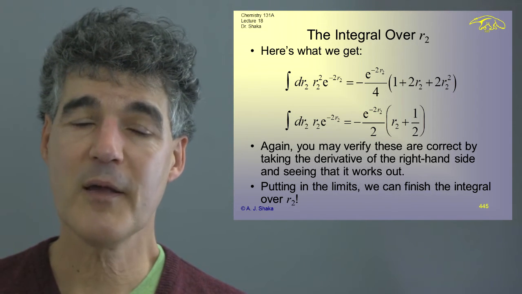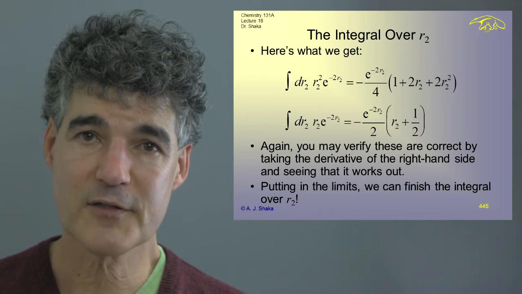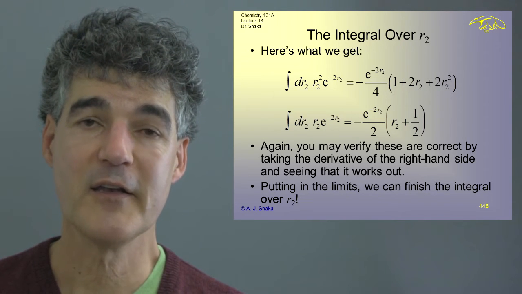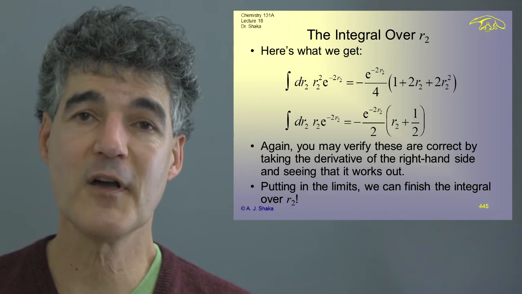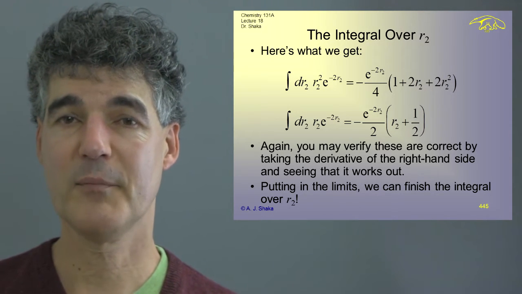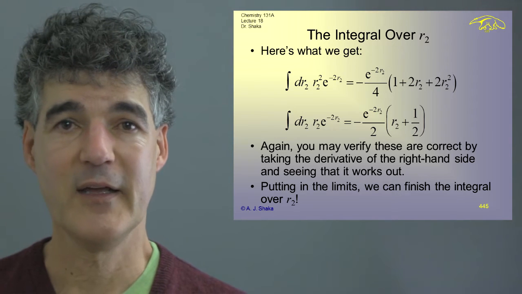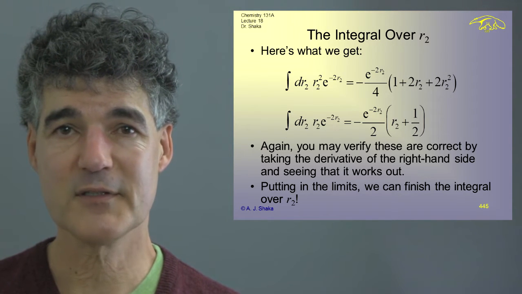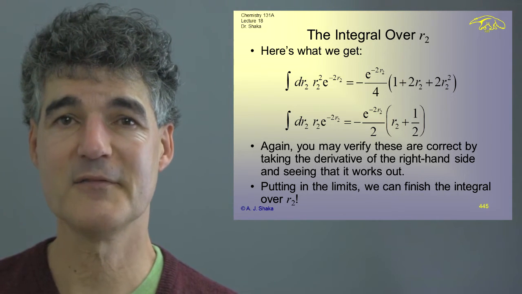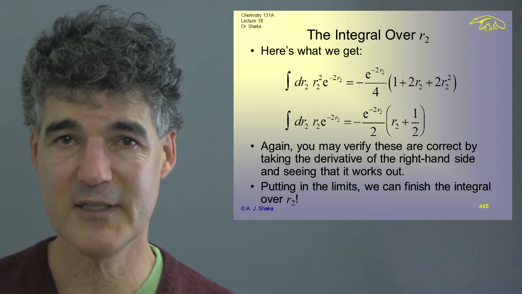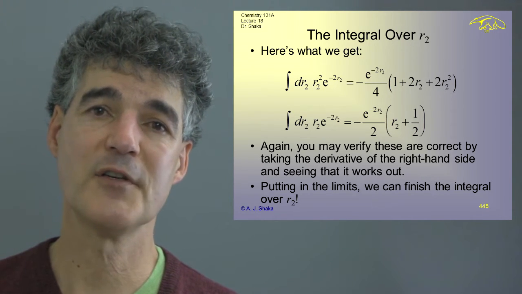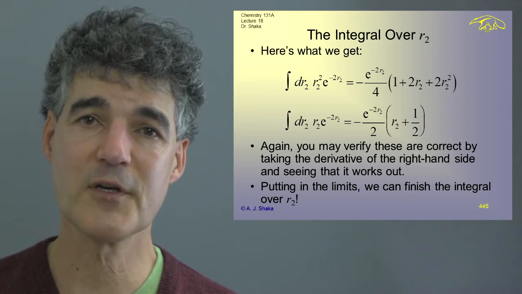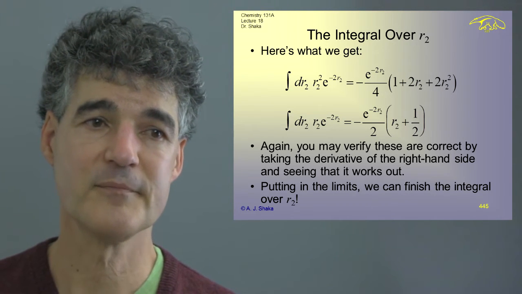Again, if you worry about whether these are correct or you just want to reassure yourself, take the derivative. Whenever you're by yourself and you don't have software and you're proposing an antiderivative, the antiderivative is always a bit harder. It's like dividing in a way. You have to kind of see if it's going to work. The derivative is more like multiplication. You can just do it. And so you can always go backwards and figure out.